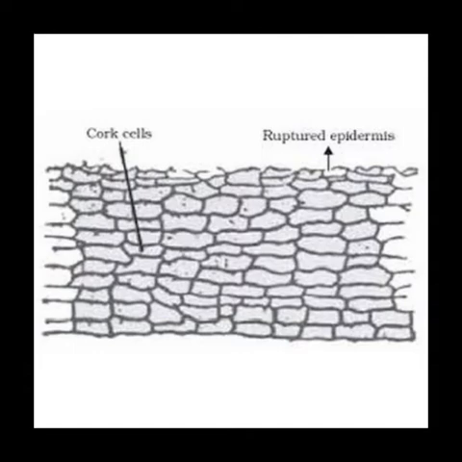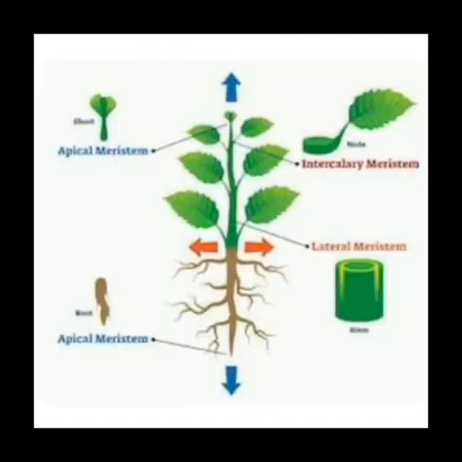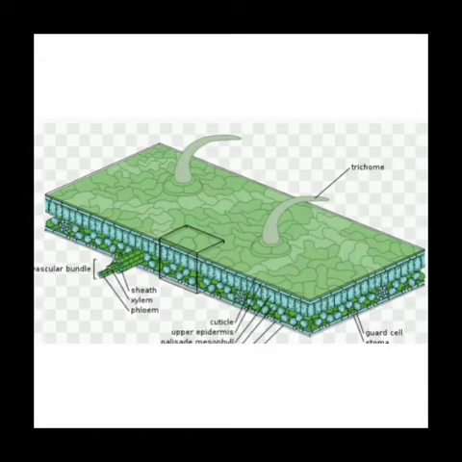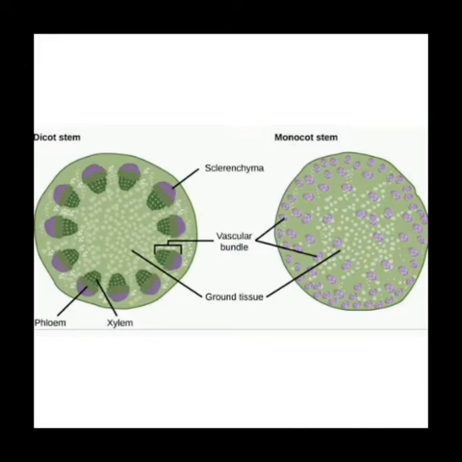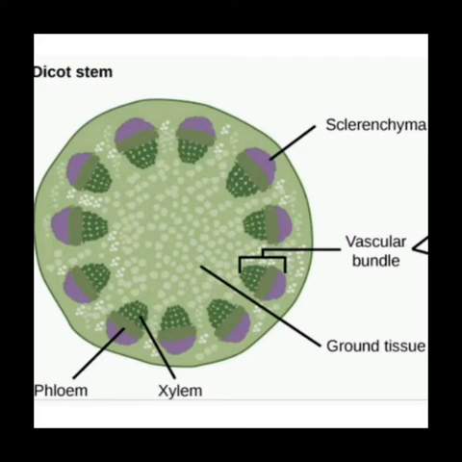gases and water. We discussed meristematic tissues and epidermal tissue. The next tissue we are going to discuss is xylem and phloem. These are the conducting tissues in plants. Xylem conducts water and phloem transports the food made by leaves. They remain together in the vascular bundles of plants. See the vascular bundle given in the picture.